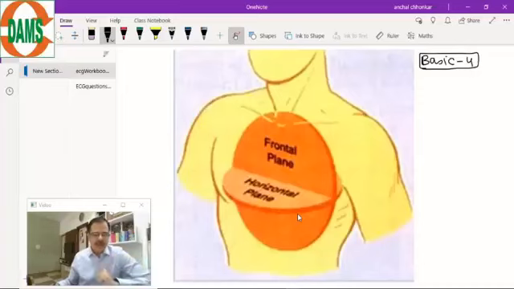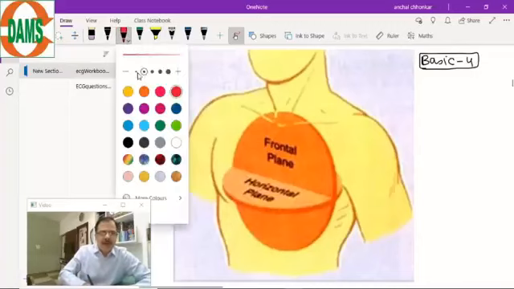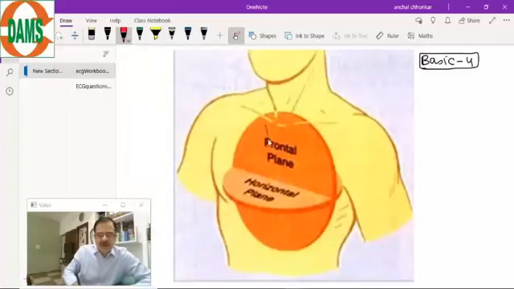So we come to basic number 4, and basic number 4 is the placement of the ECG leads. Before writing, you should visualize the heart in three dimensions. The current of the heart will travel in various planes. Look at the diagram. The current can flow from superior to inferior direction, so this is known as a frontal plane. There will be a movement of ions traveling in this direction.